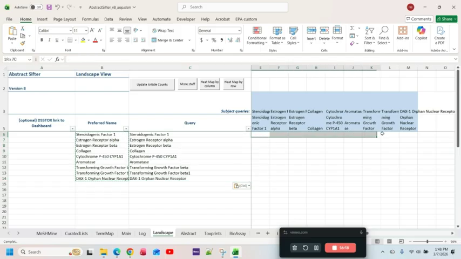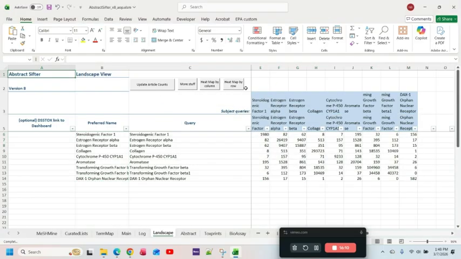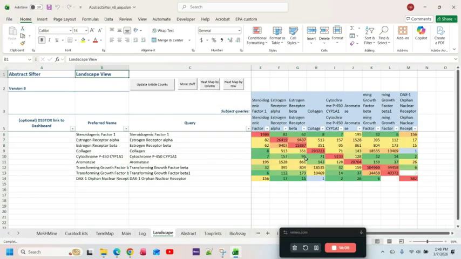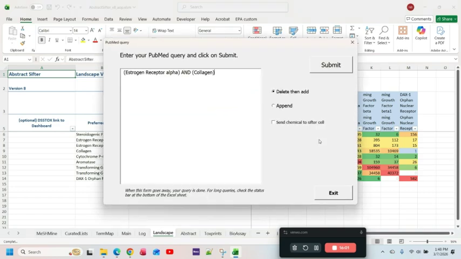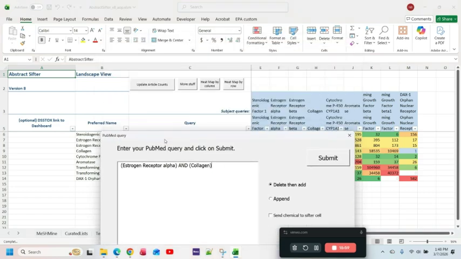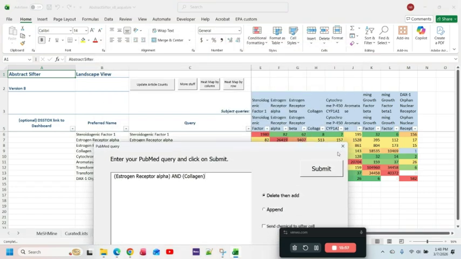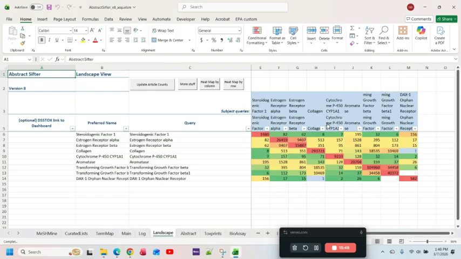So when I do this and colorize it, what I've got here is the number of articles in PubMed that satisfy this query. So we've got estrogen receptor alpha and collagen. So I'm looking at the relationship. So this is a sort of thing you can do to build out your pathway. Find out the relationships between your genes and proteins. Maybe that's not the best aromatase,